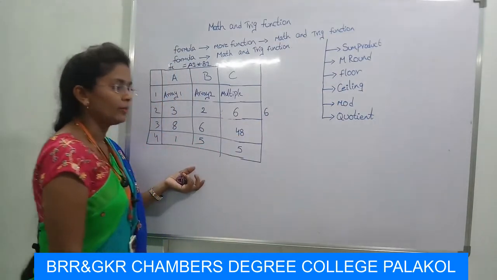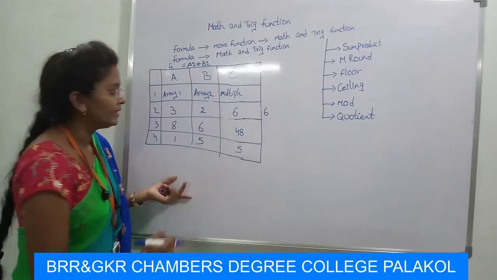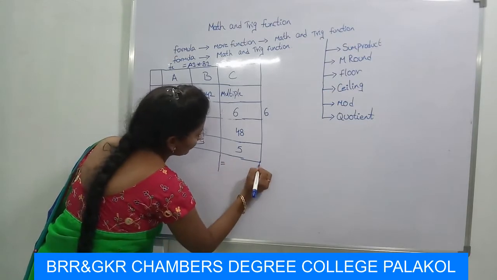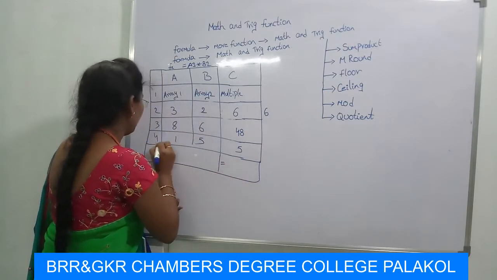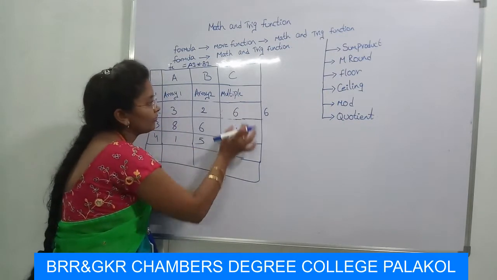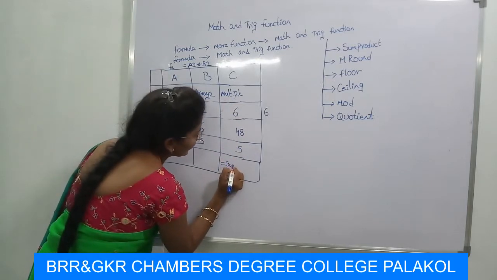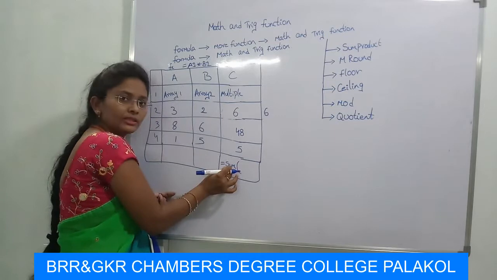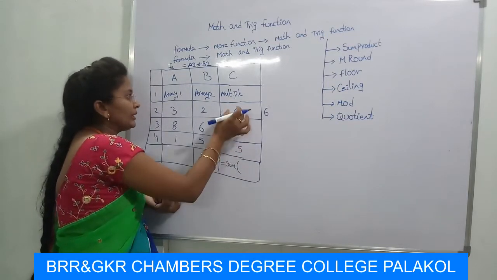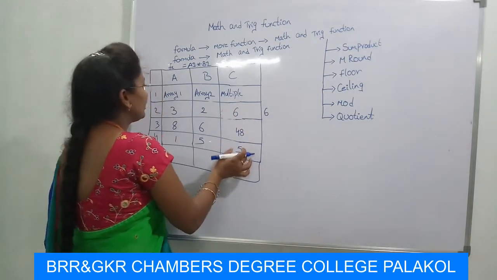If you want to sum these results, then the formula is equal. I want to sum these formulas, that's why I am clicking on this cell. Here I am taking another row. I am clicking on this cell and writing the formula for these answers, that means these results only. Here I am taking the sum function and selecting these three cells by using the mouse pointer. Whenever I select these cells, the cell reference will appear automatically.